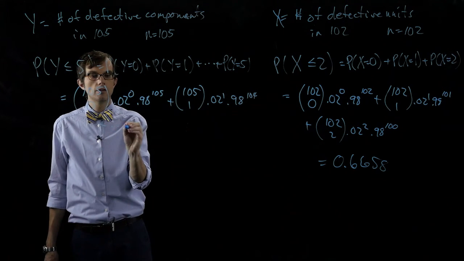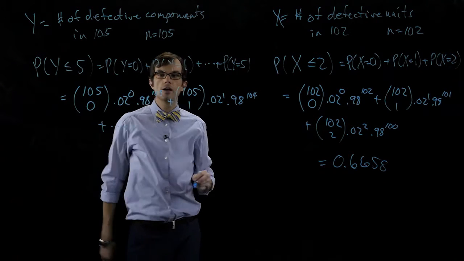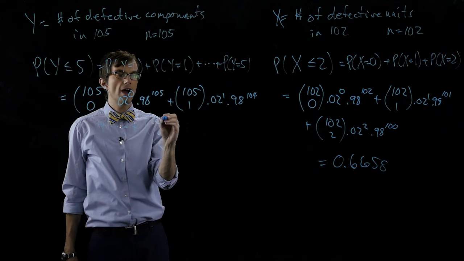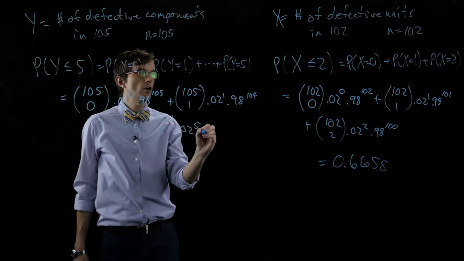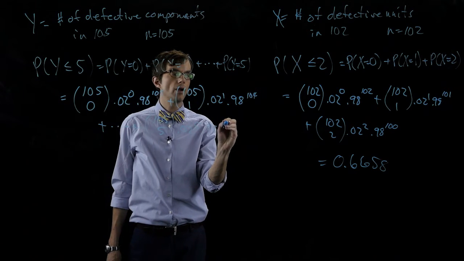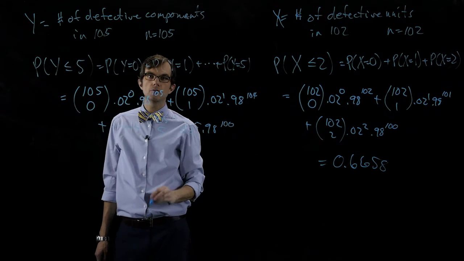And we won't do all of these. I think you might get the hang of this. Now let's just do this last one. 105 choose 5, 0.02 to the 5, 0.98 to the 100. Okay? And if we were to work this out, this probability is